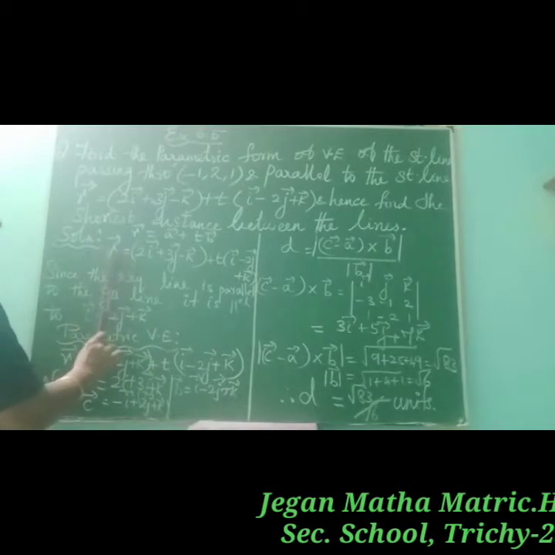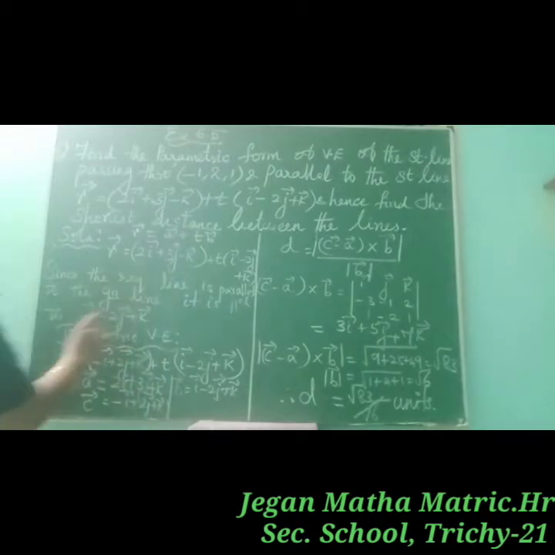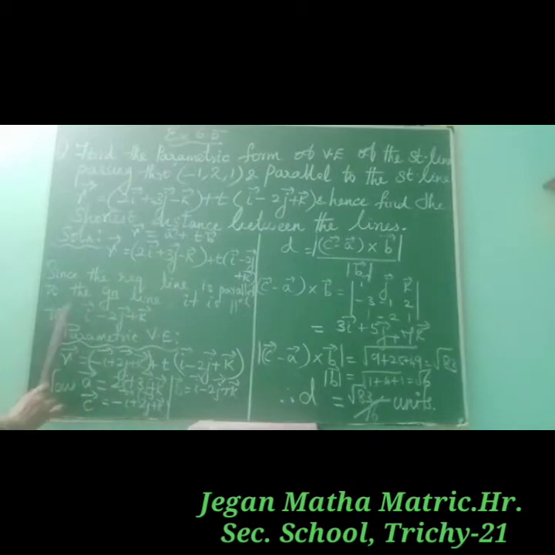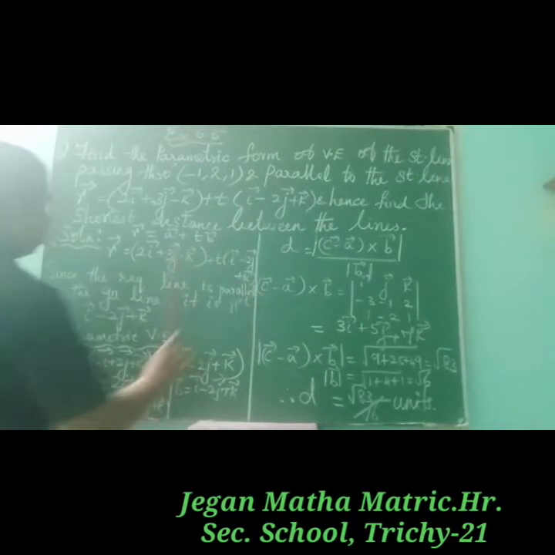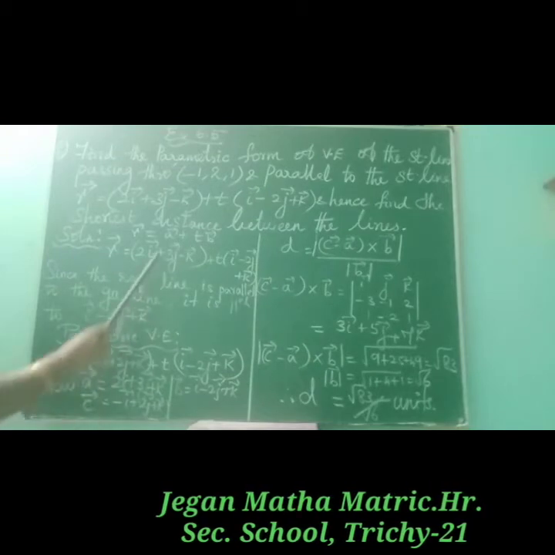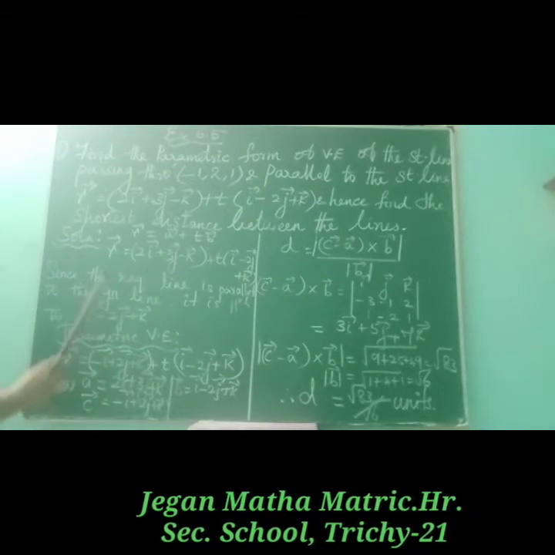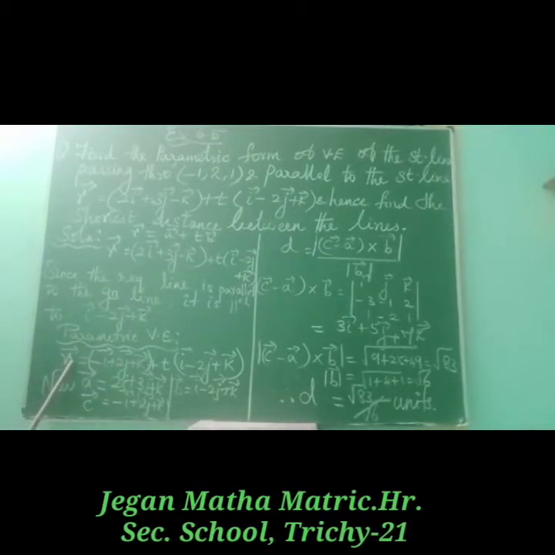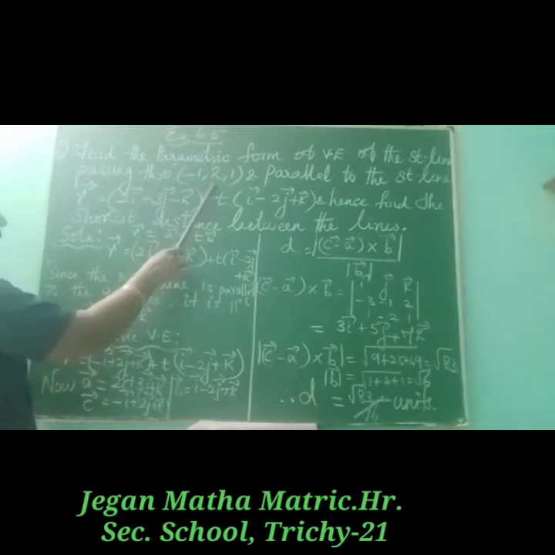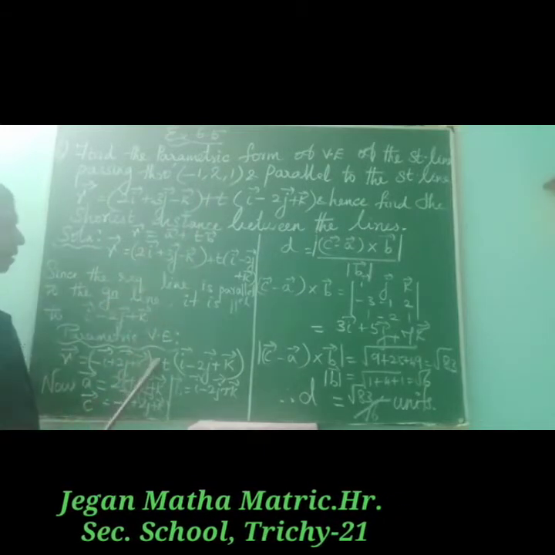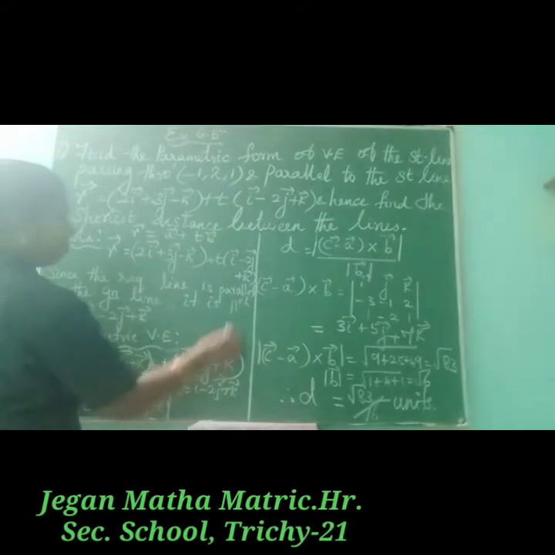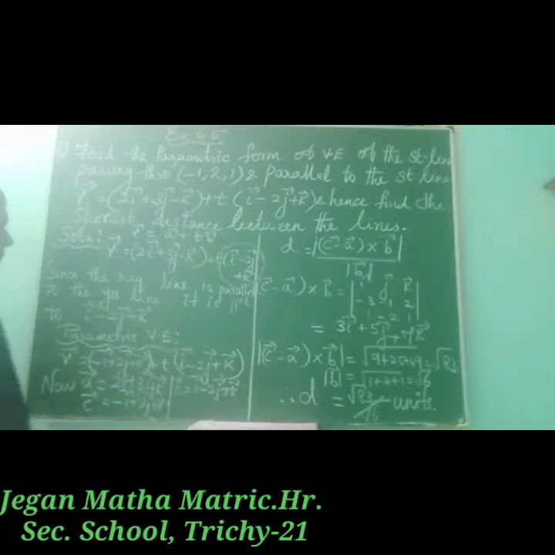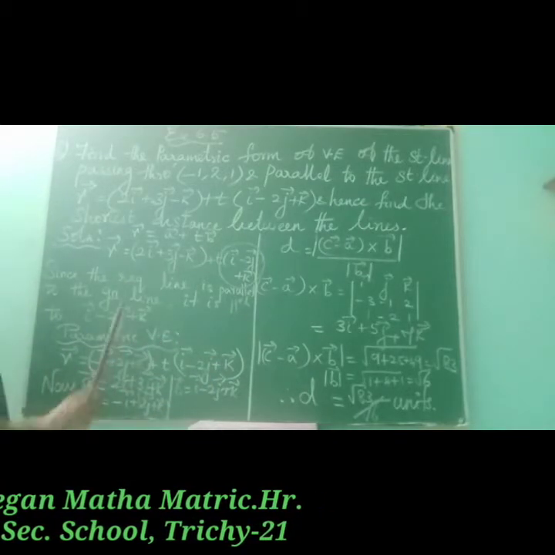So, we can write this line is parallel to the given line and therefore the parallel vector you can select is i minus 2j plus k. For the parametric form of vector equation, when you substitute the given point and the parallel vector, the equation is r vector equal to minus i plus 2j plus k plus t into the parallel vector, which you select from the given equation, so i minus 2j plus k. The parametric vector equation is over.